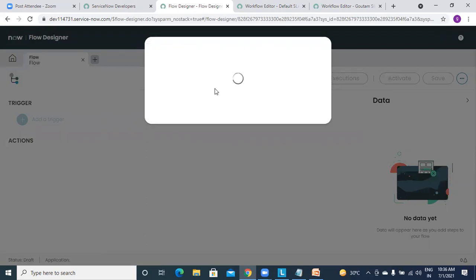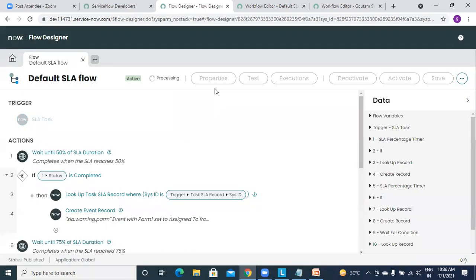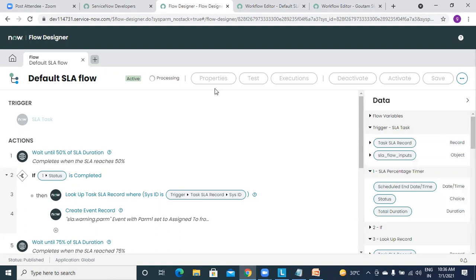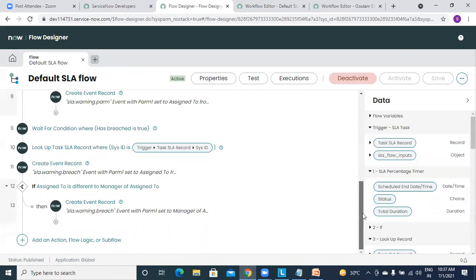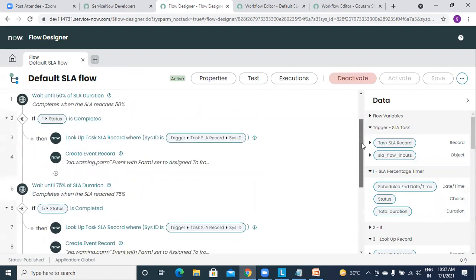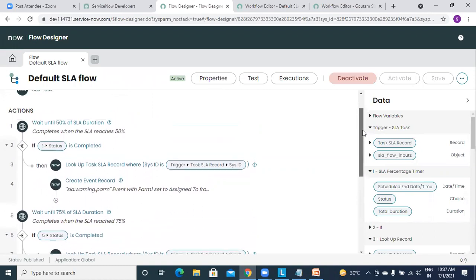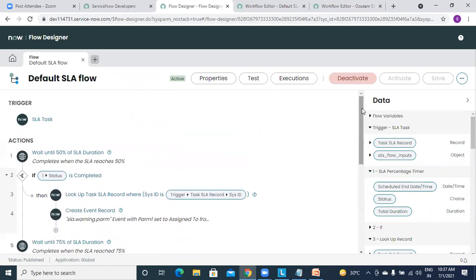That is why I think they are totally replacing it one by one, and they are not allowing workflows in SLA. So this is Flow Designer. Even I am not aware of this, I have not started learning on this. So this is also the same, just a replacement of workflow.